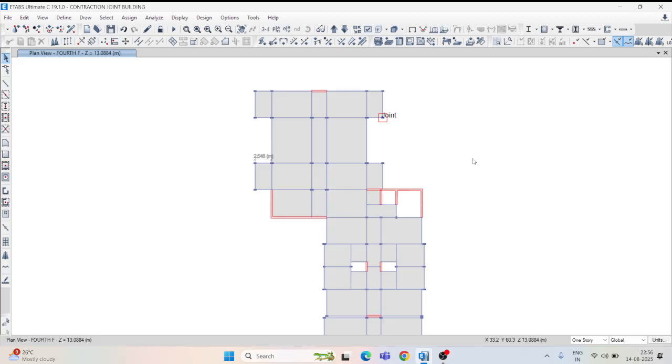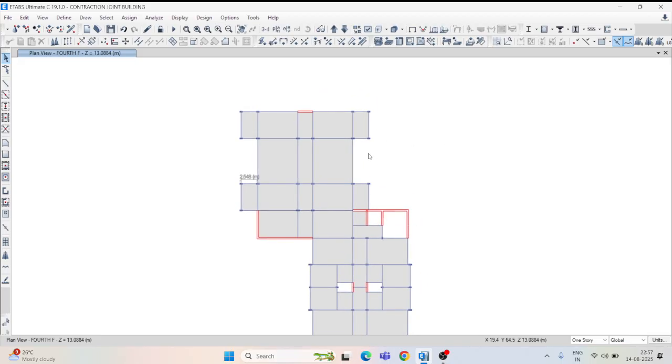When you construct any type of structure, it is going to be for the life span of the structure, which is 50 years, 100 years. So we generally go for the creep analysis, that is called long term deflection. And in the case of creep coefficients, that is short term deflections. Here we will see how we check the creep coefficients and how we check the creep analysis for the deflections. Firstly, apply all the loads and just run the analysis.